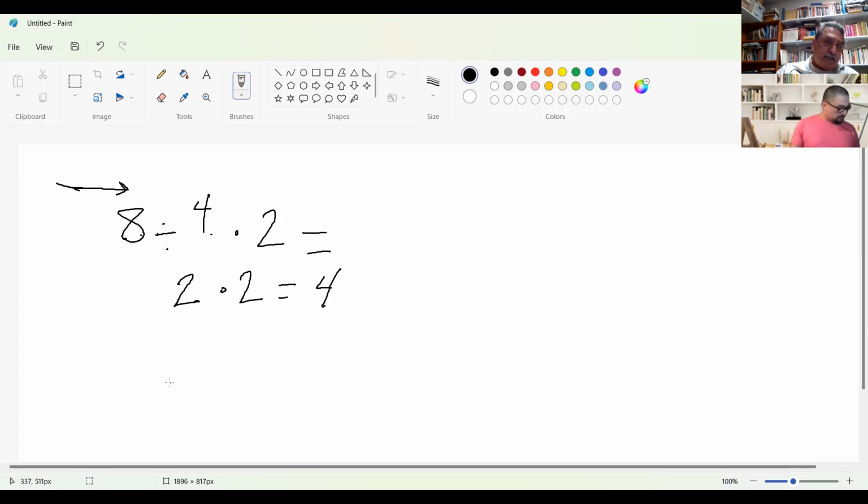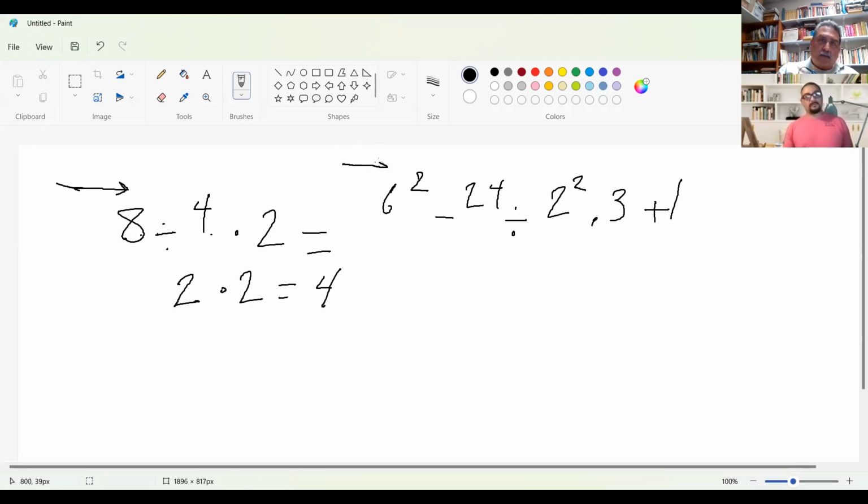Let me see, for example, example 7. We have 6 to the power of 2 minus 24 divided by 2 to the power of 2 times 3 plus 1. Okay, so we go from left to right. 6 to the power of 2 is 36 minus 24 divided by